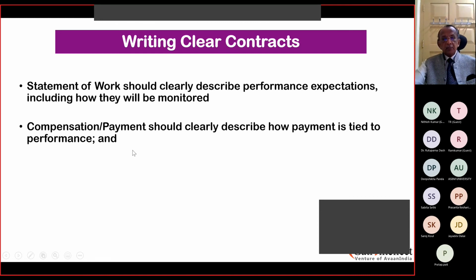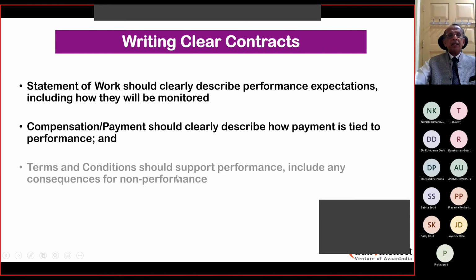Okay, when it comes to performance or payments, is it going to be that once you complete the job you get paid in full, or in partials, or are there different milestones? When you complete certain stages, you get a certain percentage. So all these details should be mentioned. Terms and conditions should support performance, and include any consequences for non-performance. See, non-performance can also be penalized